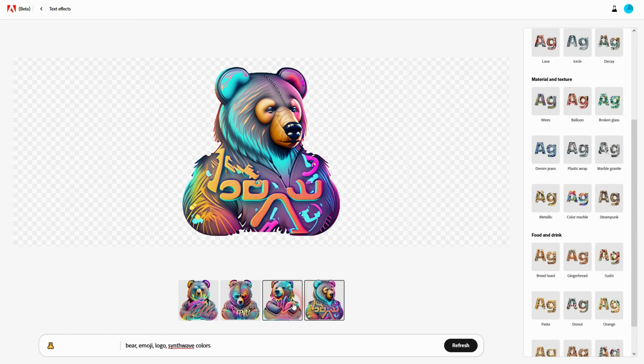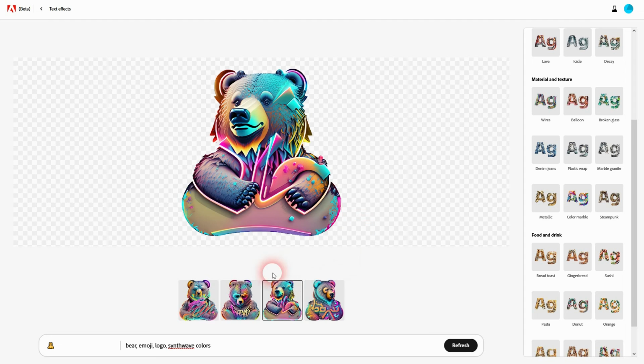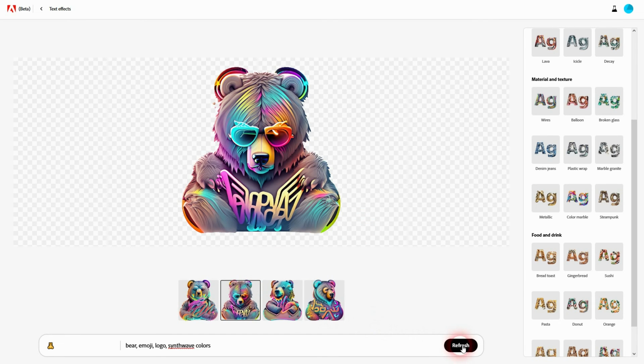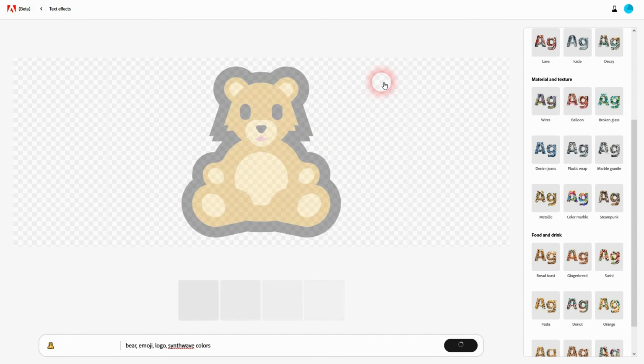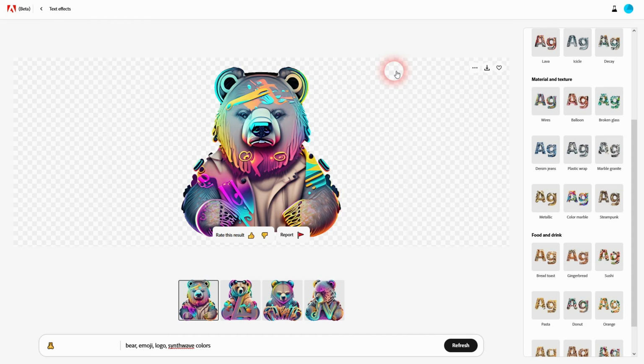When nothing is usable, just refresh it right here and you're going to get 4 new results. As I said, I'm going to link to this emoji page. You just have to left click on the emojis and they will be pasted into your clipboard so that you can press Ctrl V here in the text